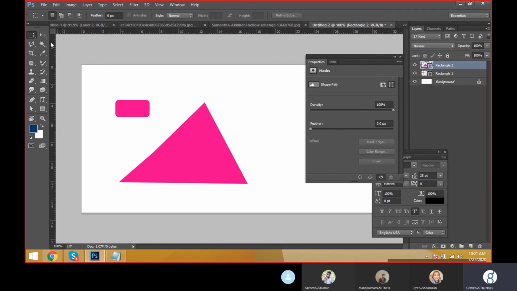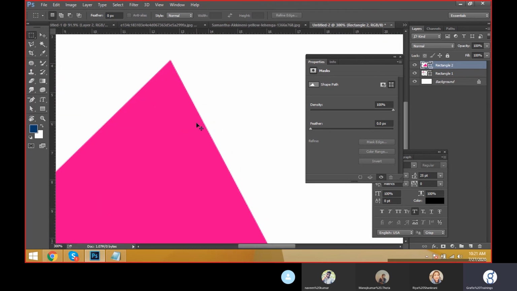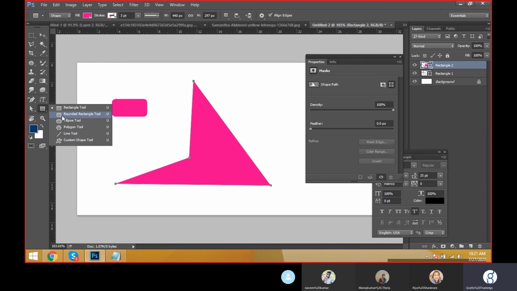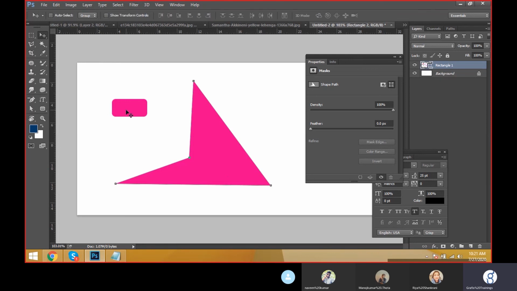That is the difference between the rectangular tool and this one. And this is image, pixel working, and this is not pixel working, it is completely path working. That is the selection process, and this is called the path process using the rectangular tool, and this is called the rounded rectangle tool.